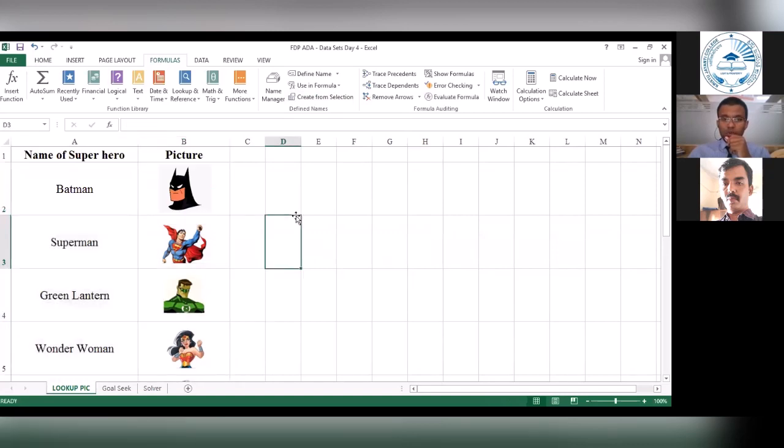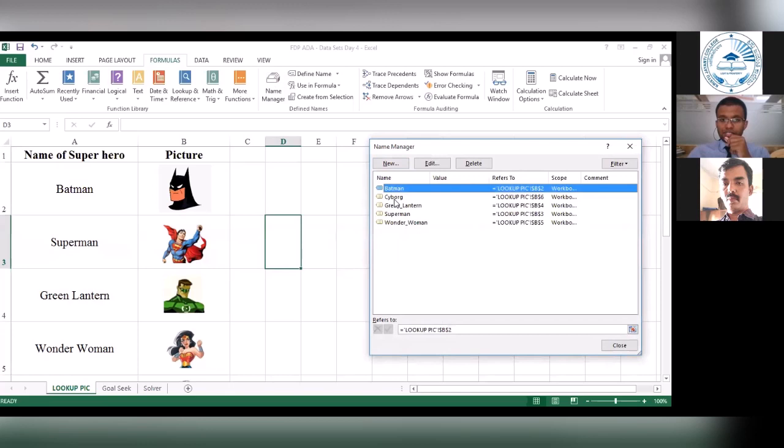Now I'll explain to you what has happened. As a part of our first session, we had learned a functionality in Excel called Name Manager. Let's go to Name Manager, and if you see, Excel has by default created some range references for us.